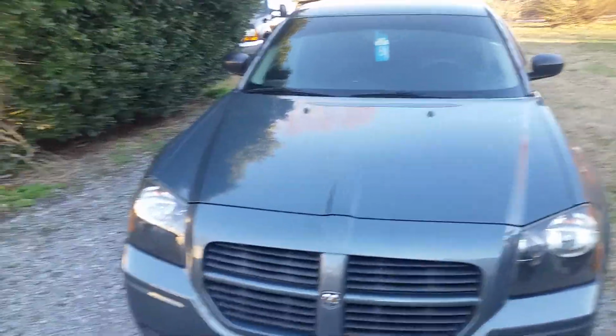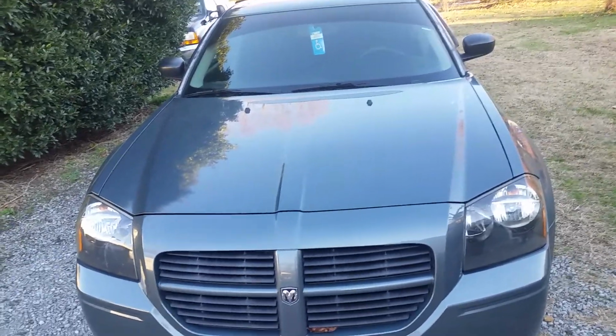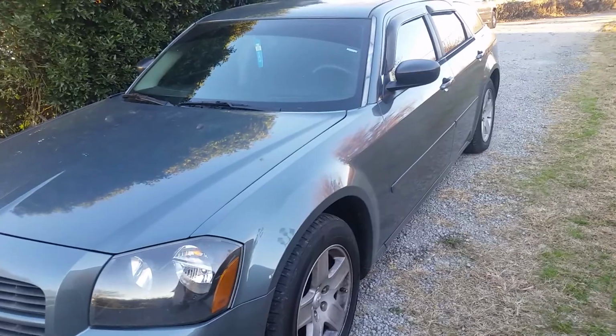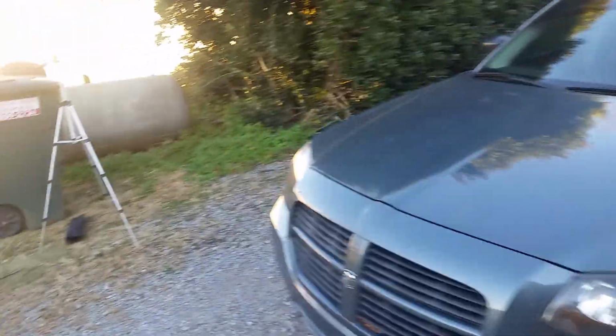So it still sits out here in the elements. And like I said, it's an '05. It's not in horrible condition for an '05, but I'm definitely wanting to get both their vehicles in a lot better shape for them. That's probably going to be my Christmas present to them,